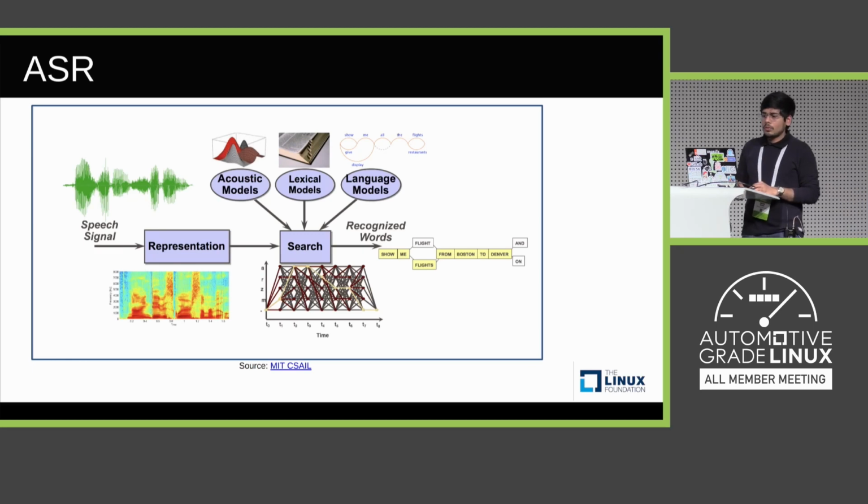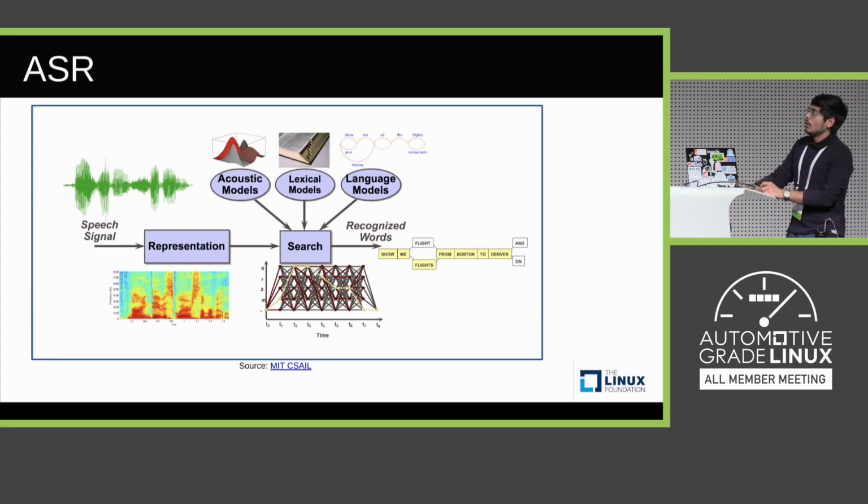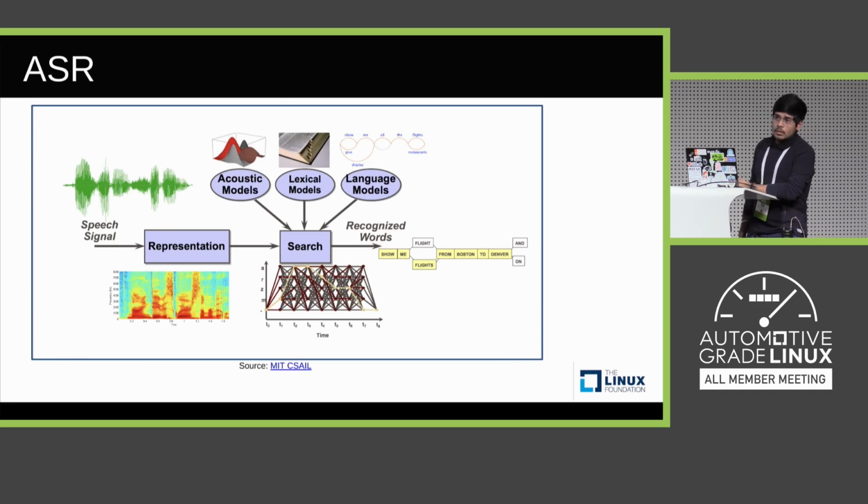If I go into a little bit of detail, the pre-processing step involves removing noise and distortions and enhancing the signal. Then comes the feature extraction point, wherein we extract the features from the signal. Then we use acoustic models for recognizing the phonemes from the signal, and language models for correlating the different words spoken, to finally combine them into a text which makes sense. So I think that should be all.